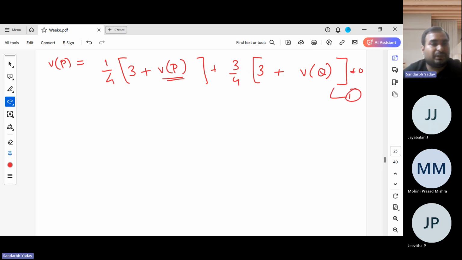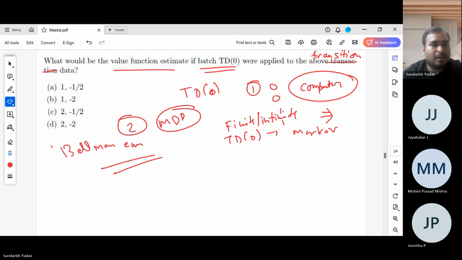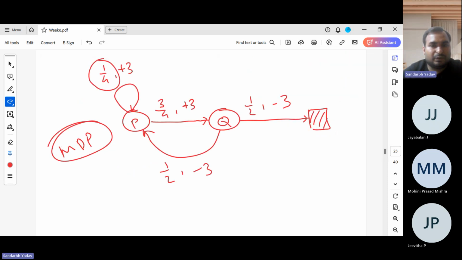Now let's see equation number 2 for Q. So this is the MDP. For Q, with half probability in both, we were getting -3 in both. But here the important thing to notice is that the value of terminal state is 0. Because what is value? If you start from some state, it is the expected long-term reward you get if you start from that state. But none of the transitions is going out of the terminal state. So you will get nothing out of terminal state. So value of terminal state is always 0. This you need to keep in mind.